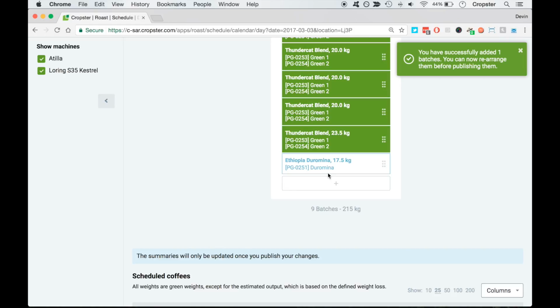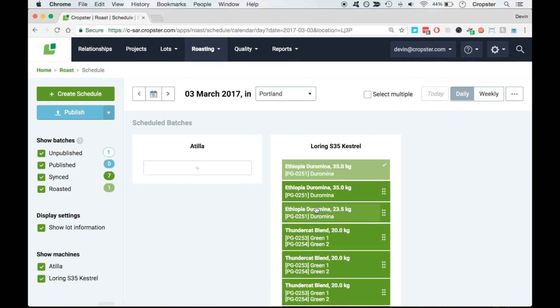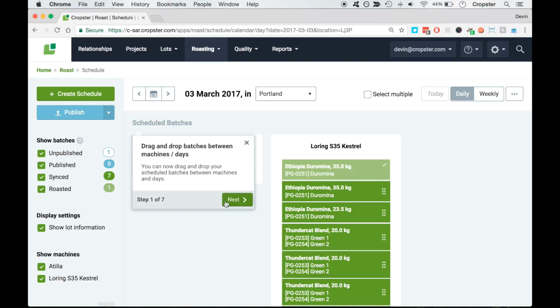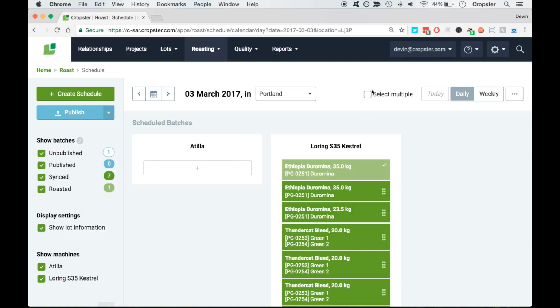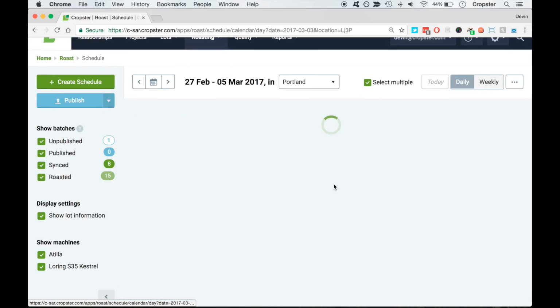So here this isn't synced. So what I can do is I'll have to tell someone to sync this with the server, otherwise they won't know. So now that we've done that, what I want to show you is actually those steps that we went through on the tour again, just so that you have an idea. So we can drag and drop batches between machines and days. So if I go to select multiple, I go to a weekly view,